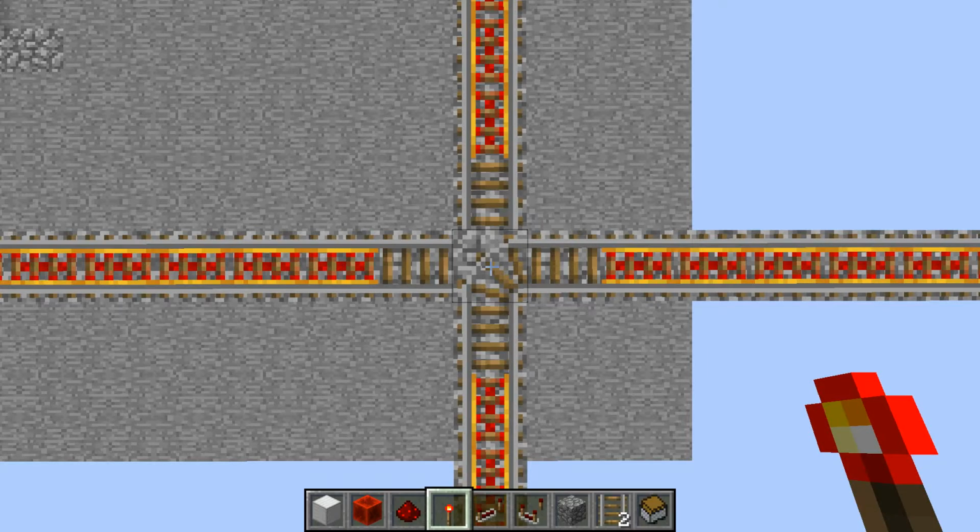Second, if the junction does not connect to the rail the minecart arrives from, the minecart will go through the junction in a straight line. Therefore, the second reason why you cannot create four-way junctions like this is that you would not be able to make connections between south and west, north and east, and their respective opposite directions, as they never connect and obviously never are in a straight line.